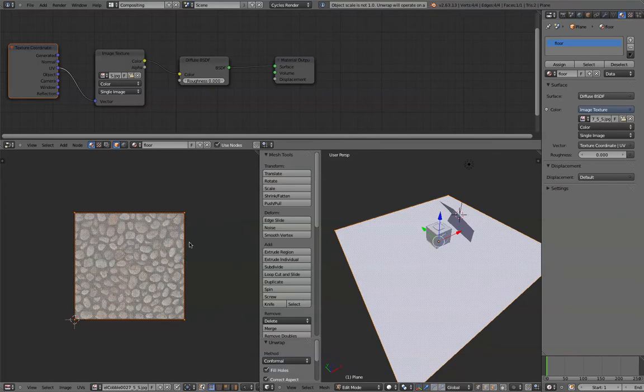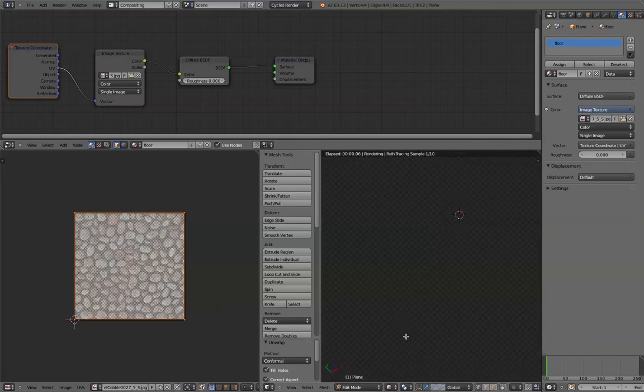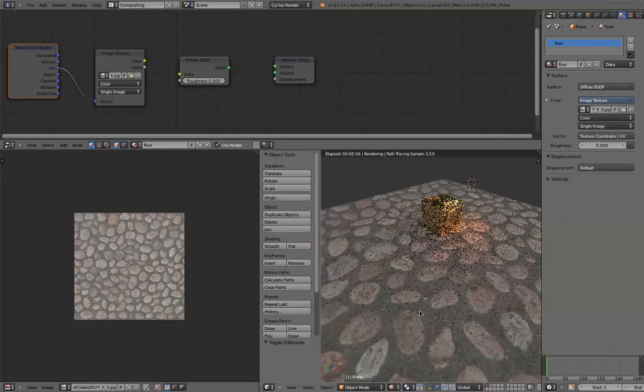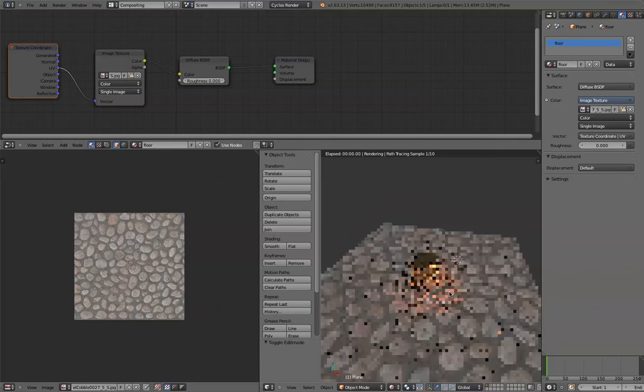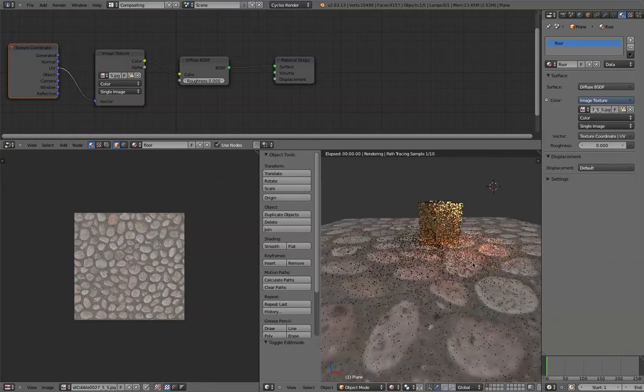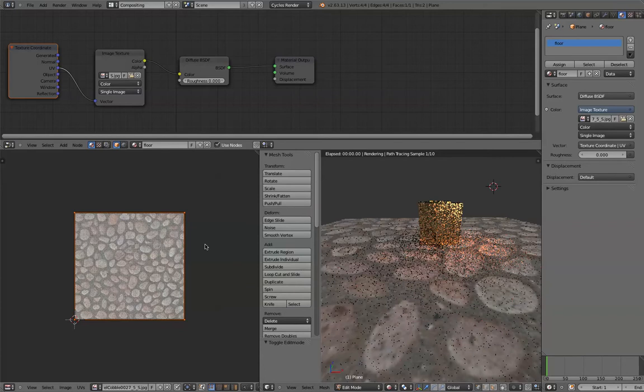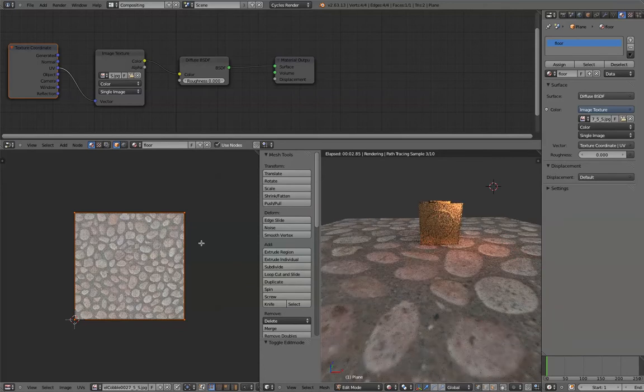And then I'm going to go back into rendered view and tab out of edit mode, and we see we've got some cobbles here, which are nice, but our cobbles are looking a bit big. So what we need to do is tab back into edit mode, and we need to scale up